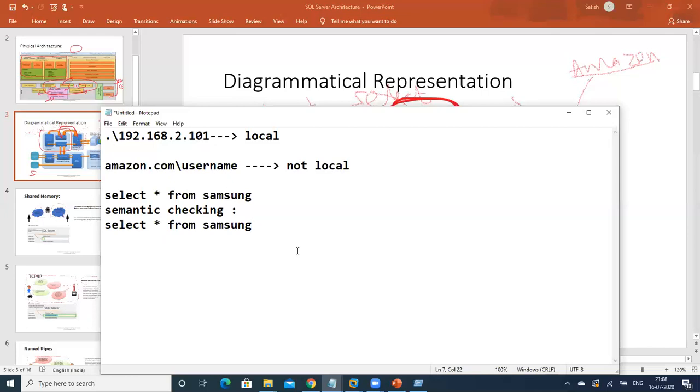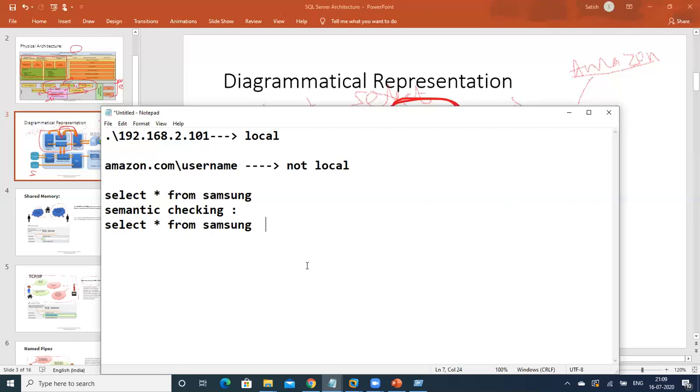The Samsung spelling is correct, the select spelling is correct, star is correct, from is correct. You are trying to fetch the data from the Amazon database, and everything is correct. But Amazon is not selling the product called Samsung. It means the product is in no way in the database, so it will throw an error saying the product you are trying to search for is